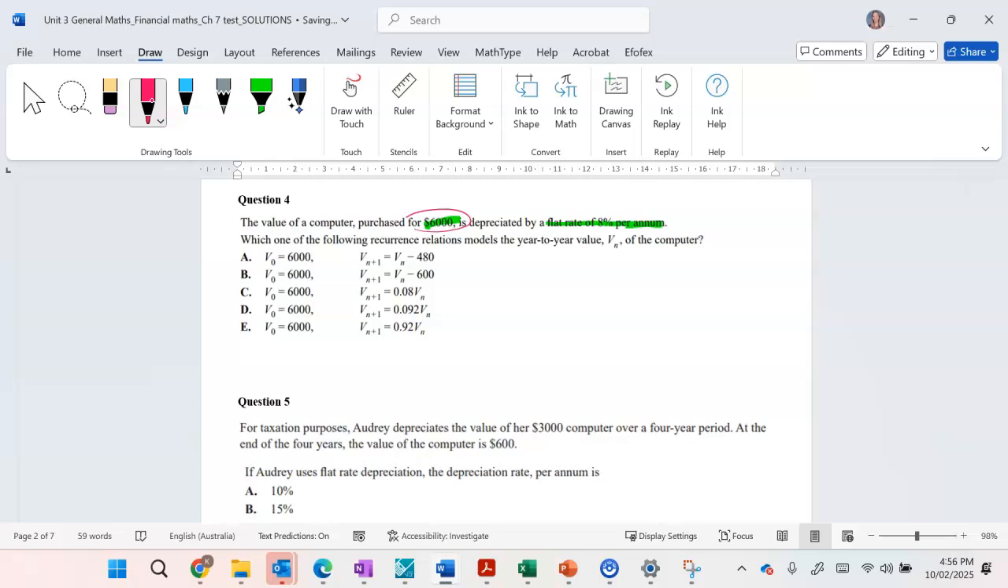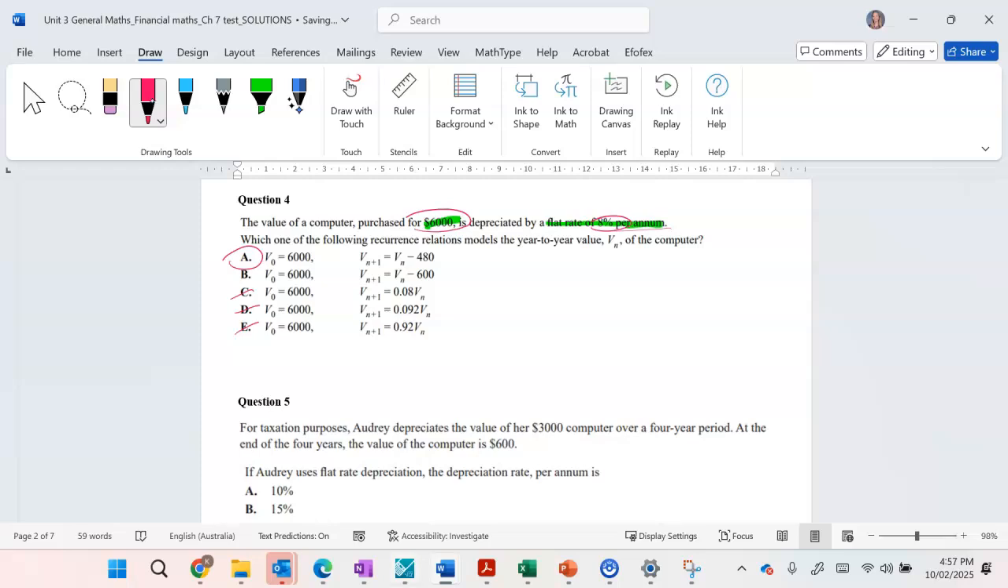And we're doing depreciation, and it's an example of linear decay. So C, D, and E are all examples of geometric decay. So flat rate is a linear decay, and that is on your summary sheets. So it only can be A or B. All right, so we're doing 8%. I know that 10% of 6,000 is 600, so I could automatically just say it's A, but let's do 8%